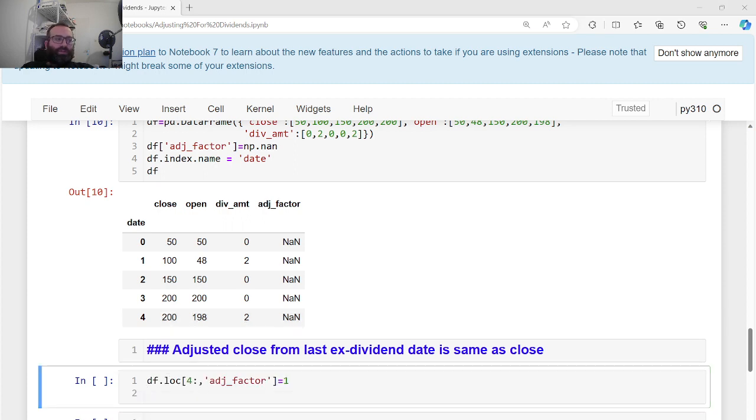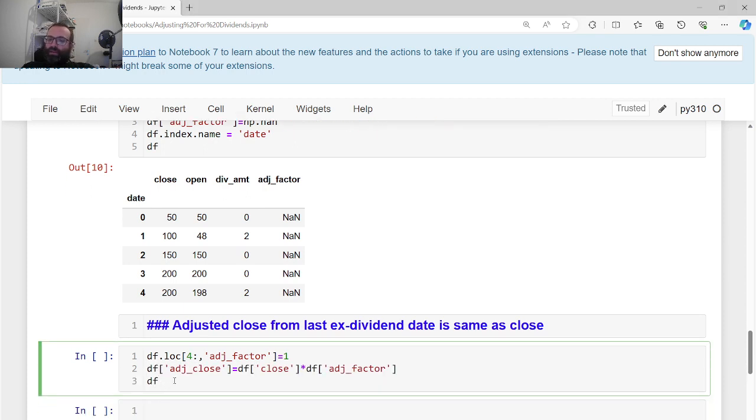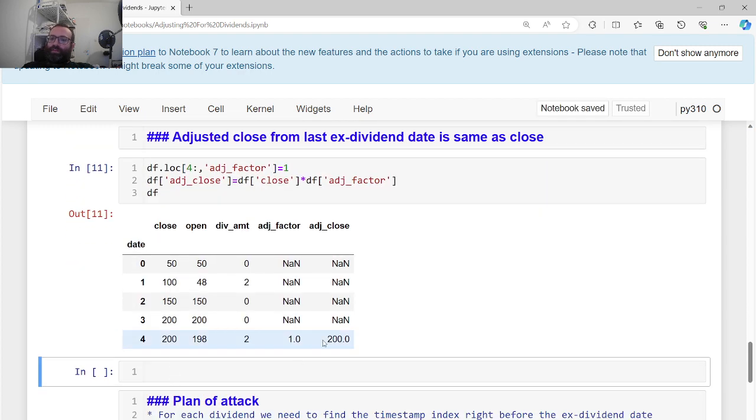And we can multiply the close by the adjustment factor to get the adjusted close. Of course, the adjustment factor is 1, so this is not going to do anything except give us the first adjusted close value. Okay, so now we go from right before the last ex-dividend date